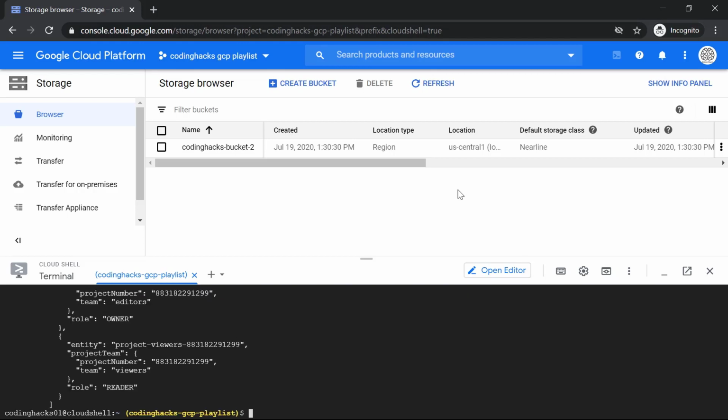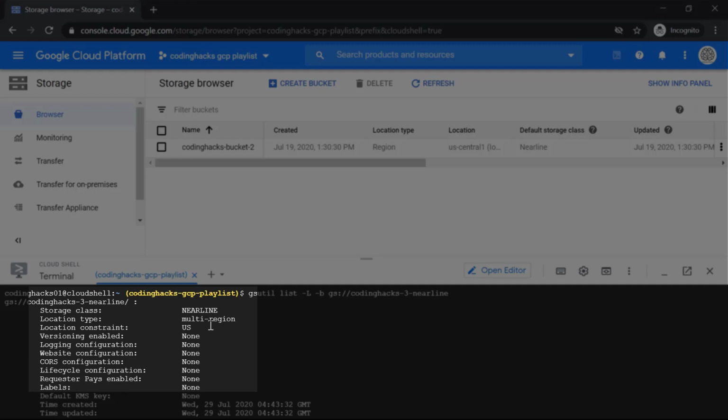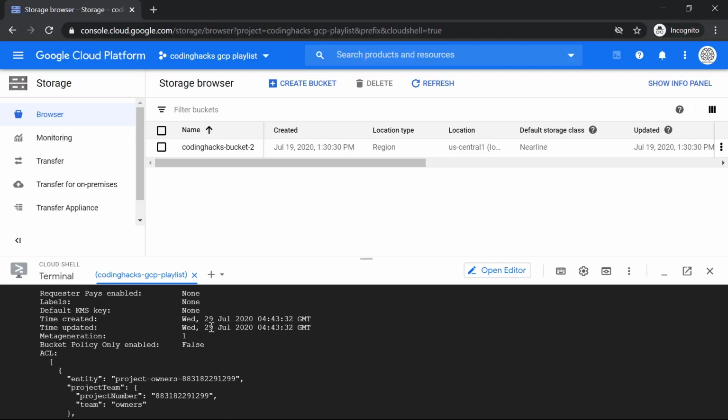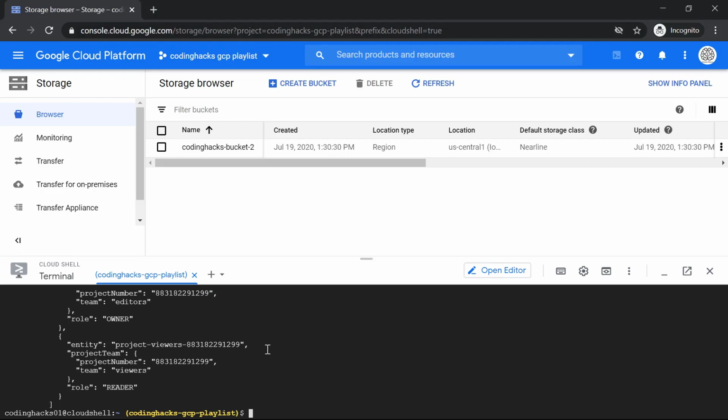The -l parameter gives us detailed information about the bucket, and the -b parameter allows us to specify the bucket name instead of just listing all the buckets that we have in our cloud storage. Notice that the storage class for this bucket is nearline and it's located in the US. As of now, this bucket is empty, so the ls command on this bucket will return nothing.